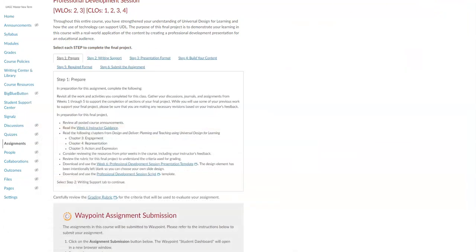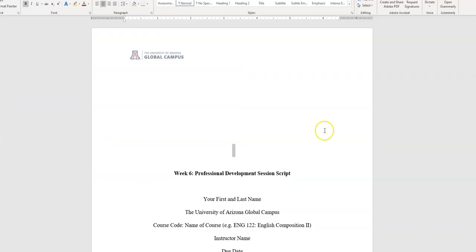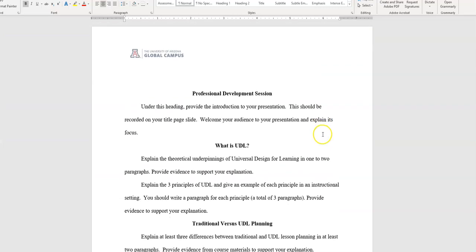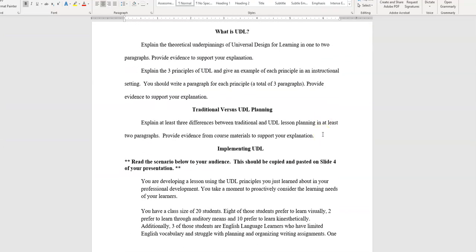And then your script is what you're going to be using to elaborate on your slides. So this is where we will see the citations to support your explanations as you prepare your presentation.